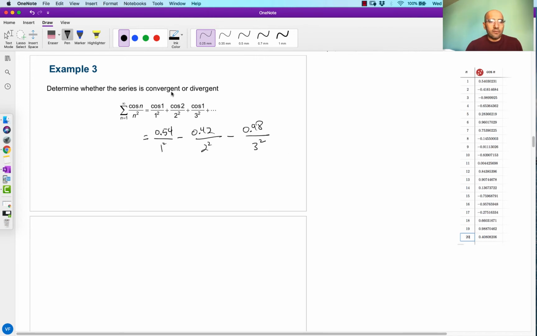And then the next term, oh, this is a mistake here. This should be a 3. It should be cosine of 3, and then cosine of 4. Cosine of 4 is also negative, so minus 0.65 over 4 squared. And then the next one is finally positive, so we have 5 squared in the denominator. Cosine of 5 is 0.28, and so on and so forth. Some of them are positive, like this one and this one, but some of them are negative. Whoops, that shouldn't be negative, negative. That should be just negative. But some of them are negative,